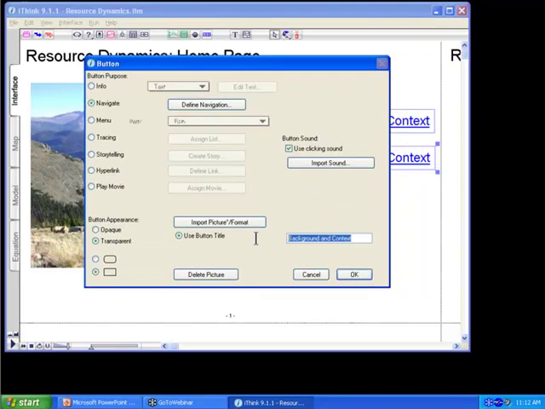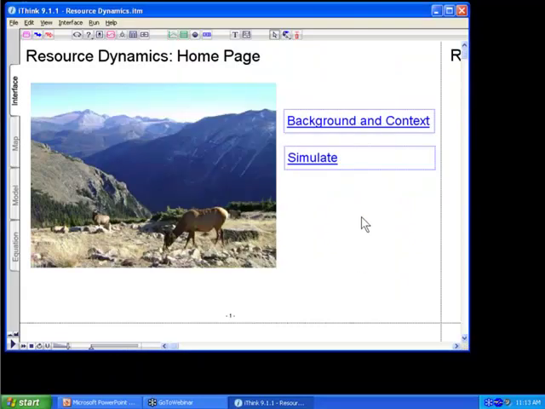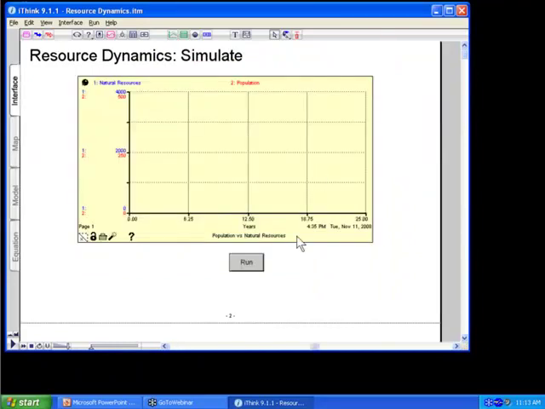Great, and I want my text to say simulate. Okay, so now let me try out the button. I can click, and you can see it automatically took me to the next page and set up the positioning